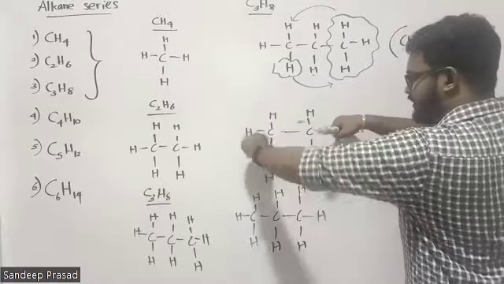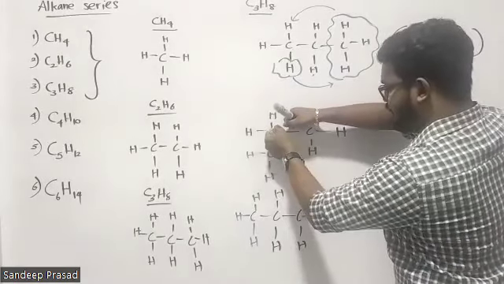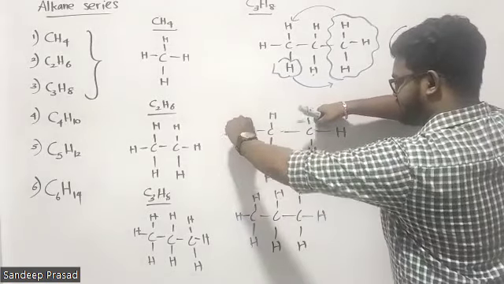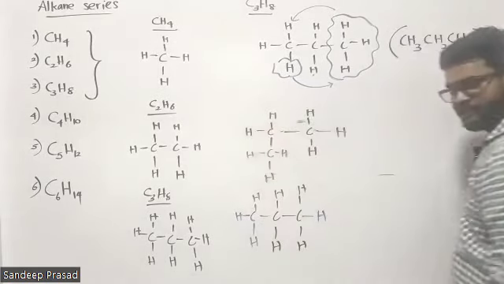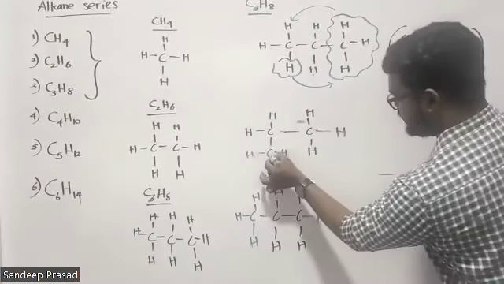So I'm going to take this one. Now this is 90 degrees. I'm going to put that one into 180. Then you have the same thing, right? That means when you draw the molecular formula, again you have